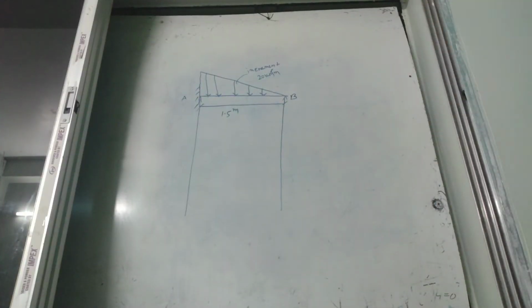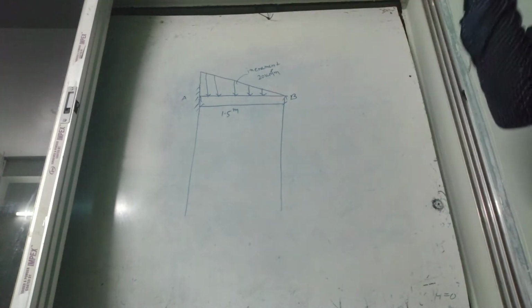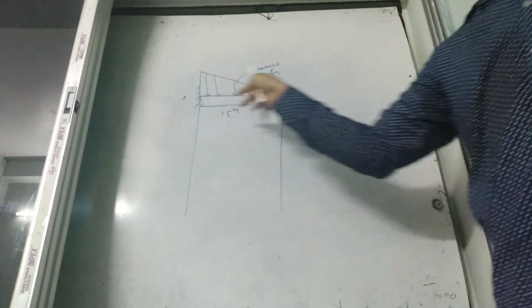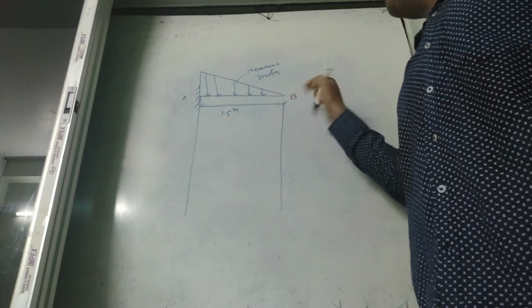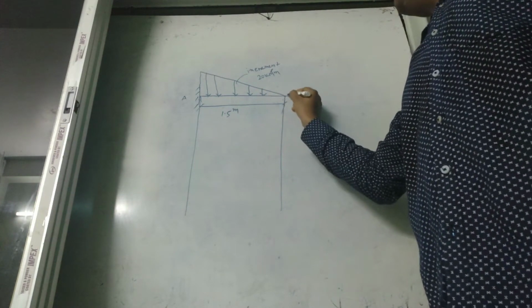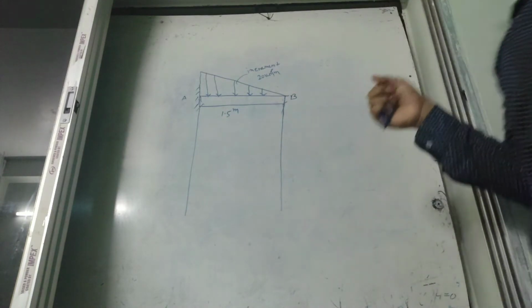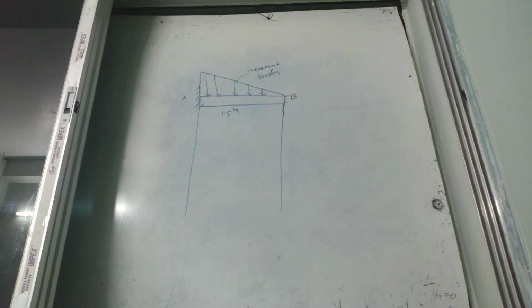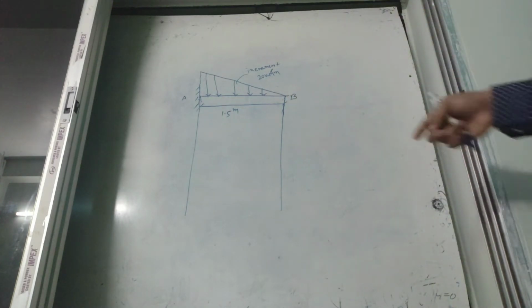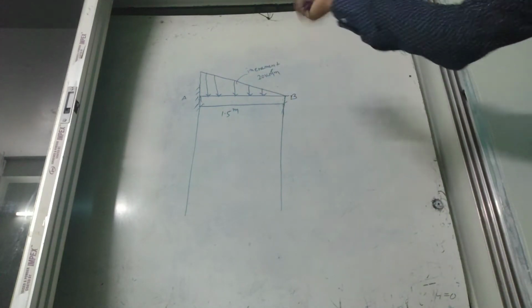So this mathematical problem is given where the length of the beam is 1.5 meter. One side is fixed, another is free, so this is a cantilever beam. Okay, this is not a support, I will draw only a line. One side fixed, another side free. So here we calculate the shear force and bending moment and draw the shear force diagram and bending moment diagram. Here the UVL is given, 20 kN per meter increment.